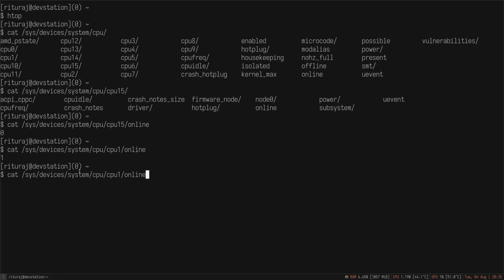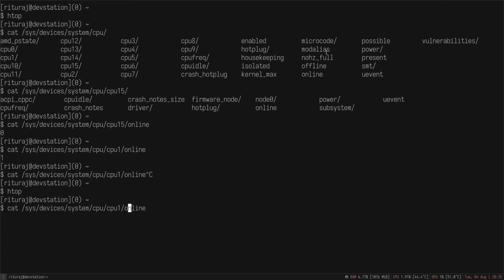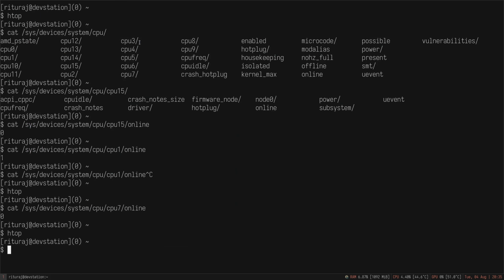Now, how do we bring these other threads or cores online? For example, 7 is currently offline and is also visible from here. It's actually the 8th CPU, we are counting from 0. So it says the 8th is actually offline, with the number CPU 7. But if we write 1 to this file, let me show you how to do it in a normal